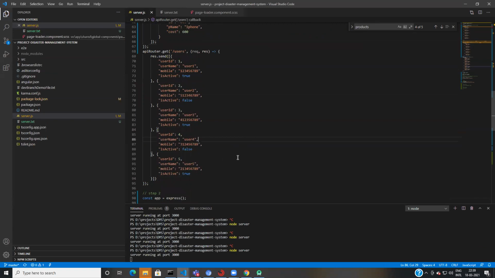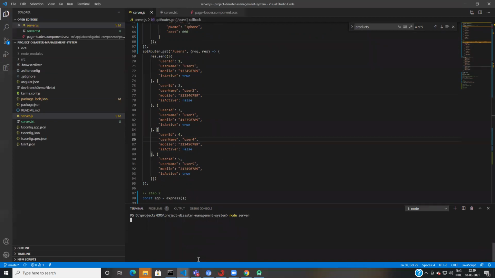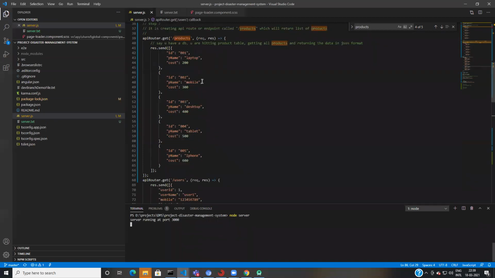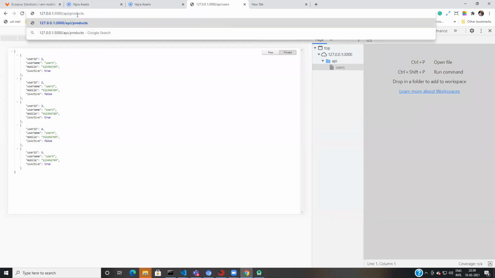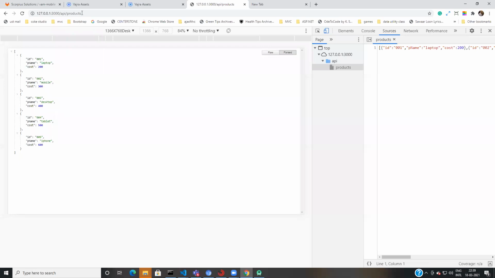Okay. Of course, it's some bracket-related issue, because the other route is working absolutely fine. Only this route is having an issue. Only products is having an issue. Let's try it one more time. So my user is working again. I'm pasting it to products. Yeah, now product is also working fine.